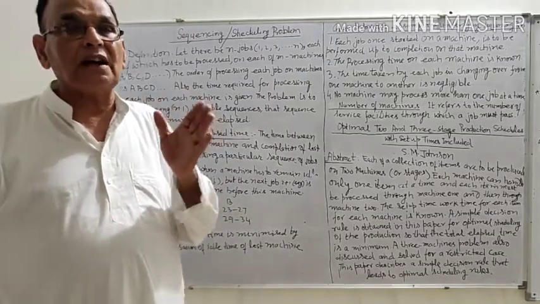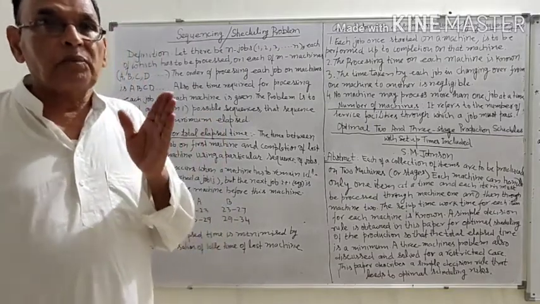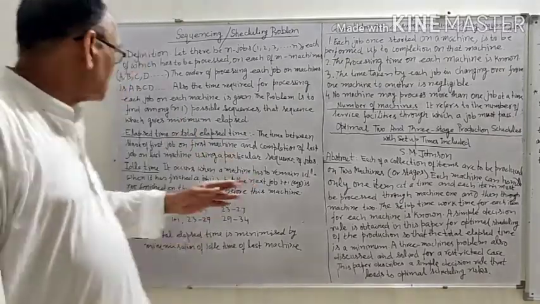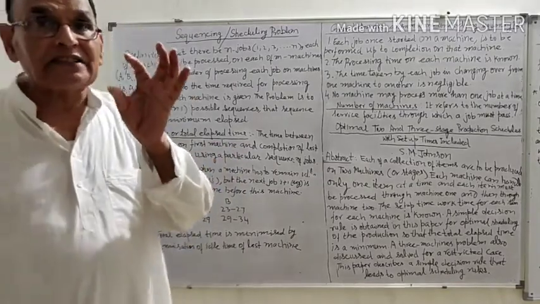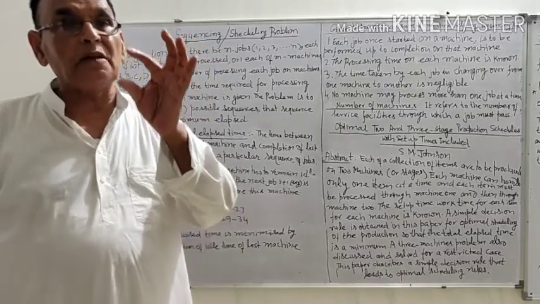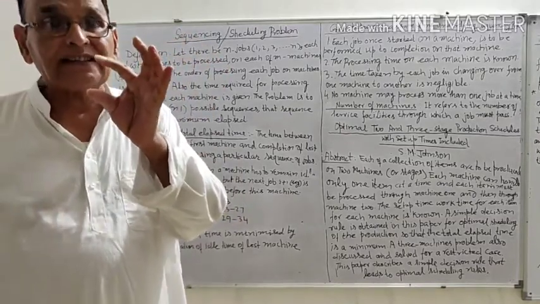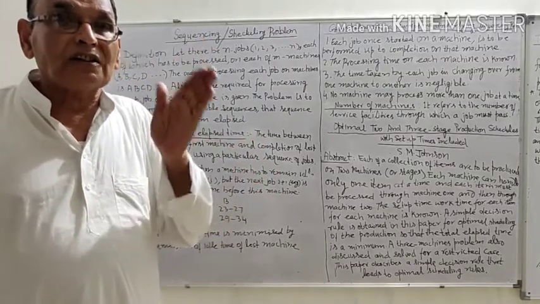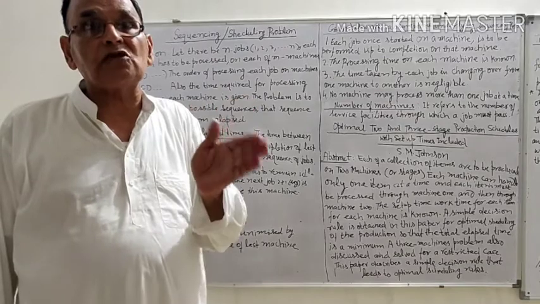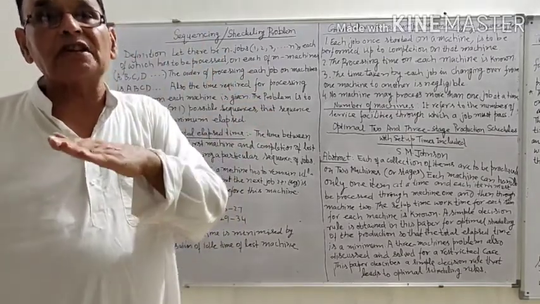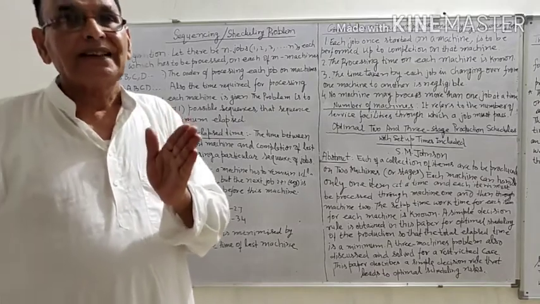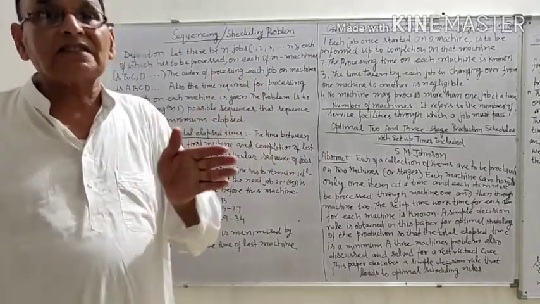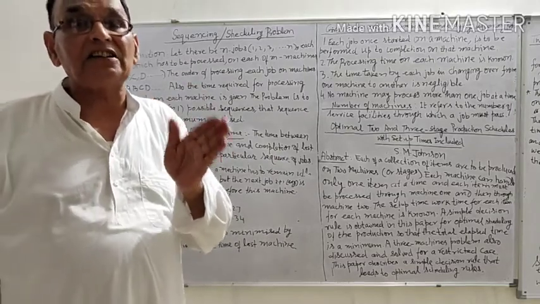Suppose we are taking the example of n jobs processed on two machines A and B in the order A, B. Then for this idle time, suppose at any stage the B machine has finished a job, but the next job still is being processed on machine A. So the job is not free, the job is not in a position to go on machine B. Machine B has to wait till that next job is completed on machine A. This time for machine B is called idle time for machine B.